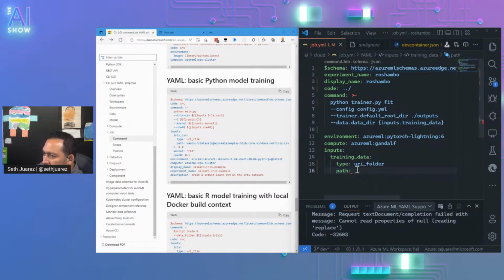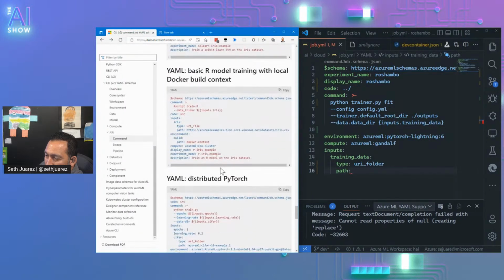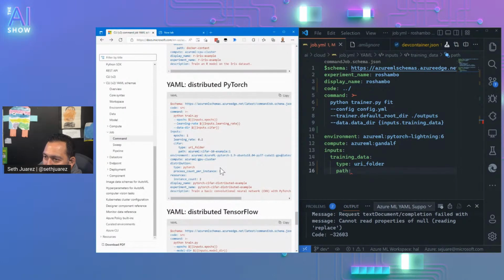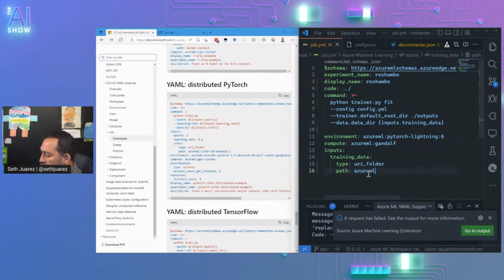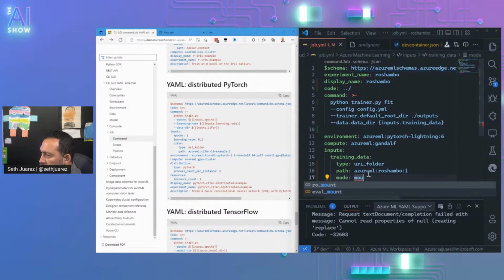I think there's a way to do URI folders now. What's this? Azure. No. I think it's just this. Mode. Out. I think this is the right thing.